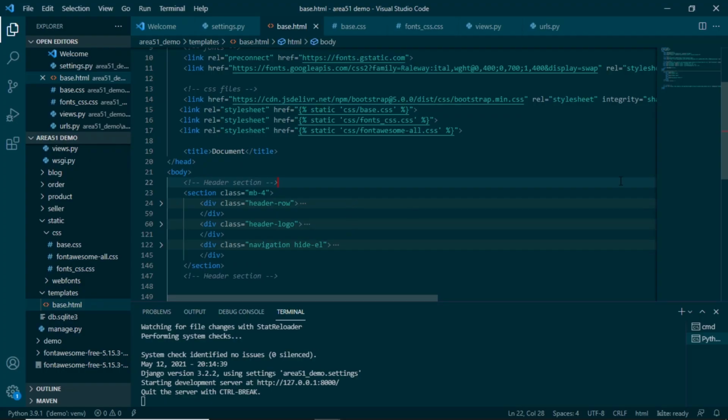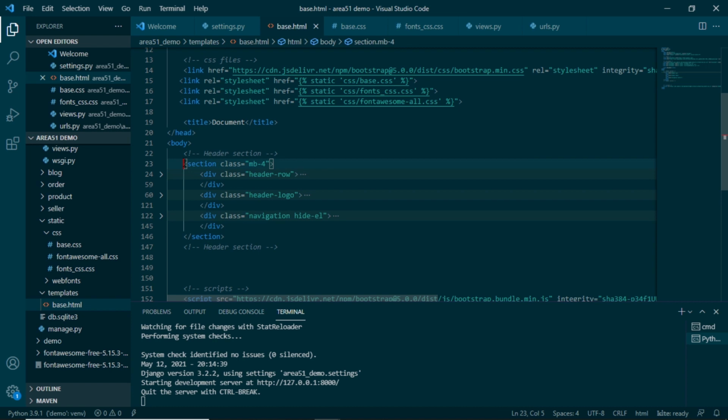So this is our HTML page. I will be using a section to contain all of the header inside it, so that I will get a clear understanding that this section is different and other section will be different. And we will be using three divisions inside this: header row, header logo, and navigation. We will directly see this on the browser with all the classes that I have used and what are the attributes I have used. It will be easy that way.